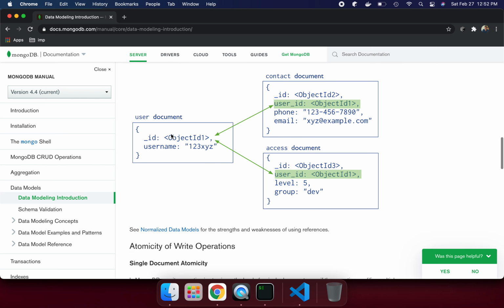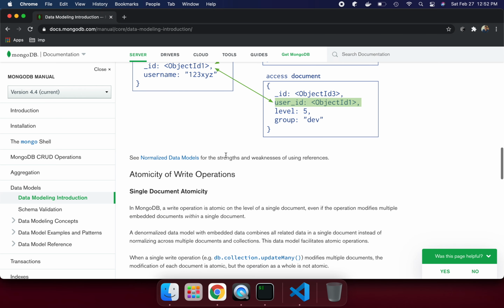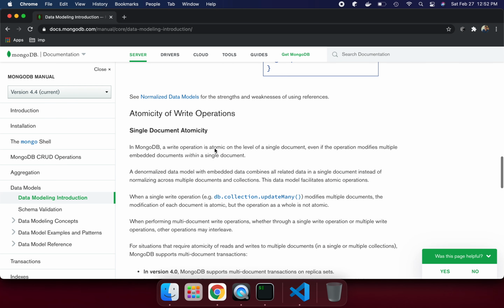Here in the user document, we have the user ID, the underscore ID, which is our key, and we refer to this user ID in the other documents, the contact and access documents. Sometimes this data model is good, sometimes it's not, and I will talk about that later on.